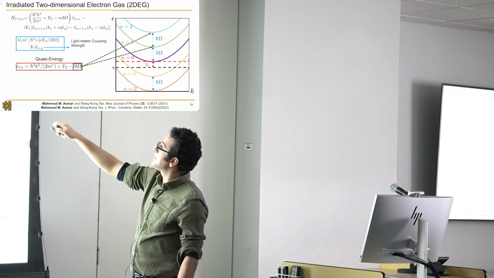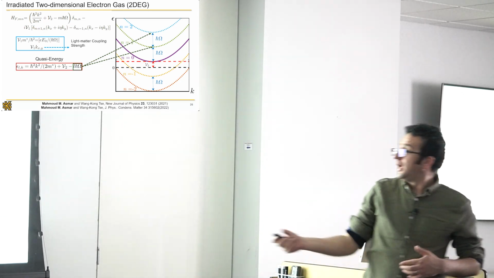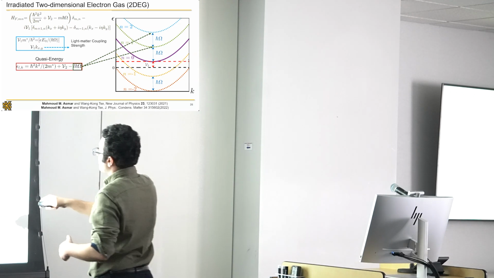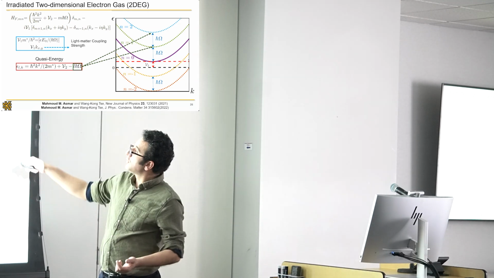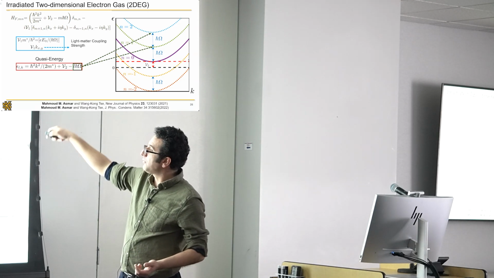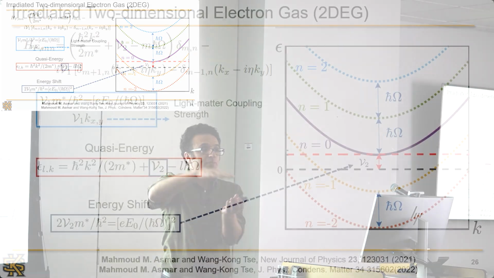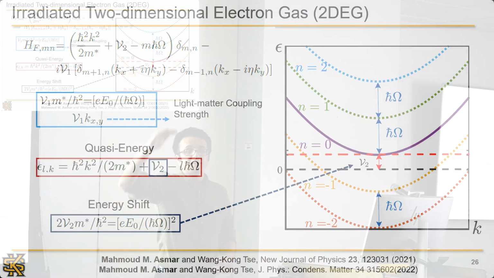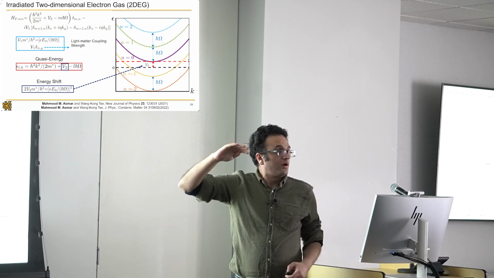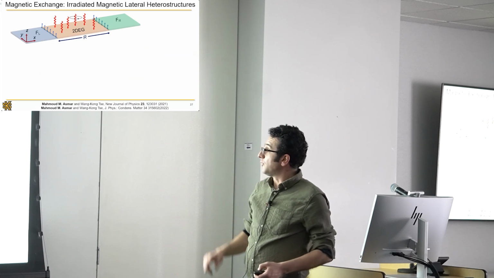So these bands here mean the bands that are present due to photon absorption, and these bands down here below the equilibrium band are the bands that appear due to photon emission. Okay? So in addition to the appearance of the different replicas, another important effect is the appearance of a potential shift. So basically my original equilibrium-like band, which is the n equals 0 band, will be shifted by a V2. Okay? And this will play a very important role in what happens next in this type of systems.